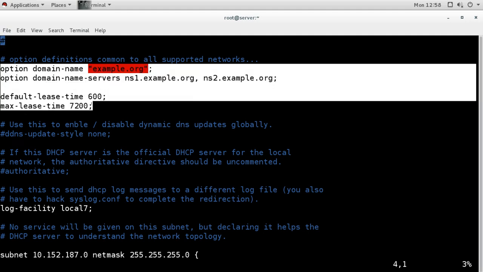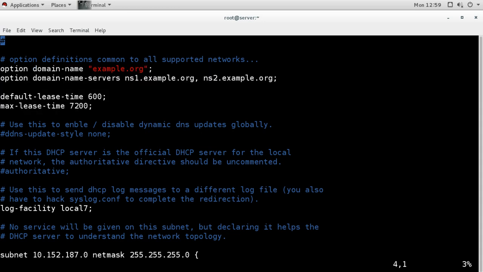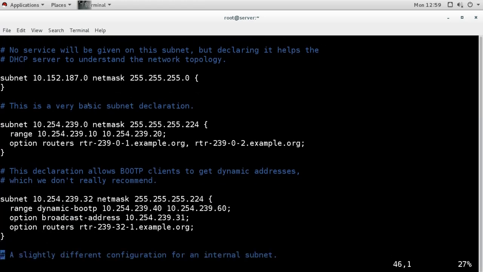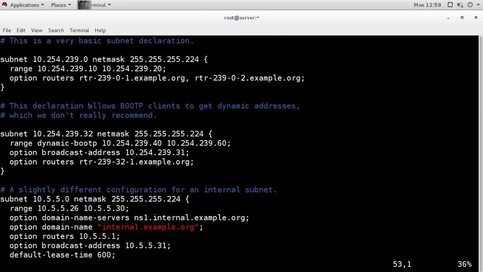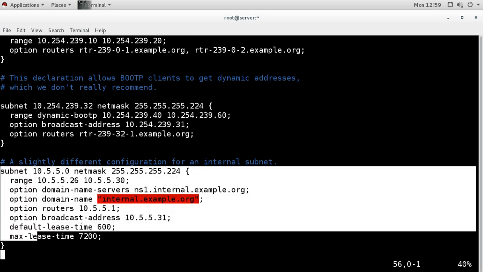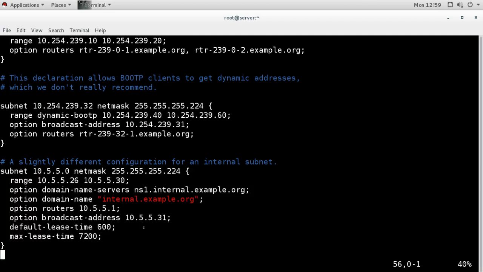The one which has the information explicitly will not use the global information. So this is like global information for all the subnets, all the networks. If we like to have it like this, then we can have this. Otherwise we can add it separately in every subnet's information.